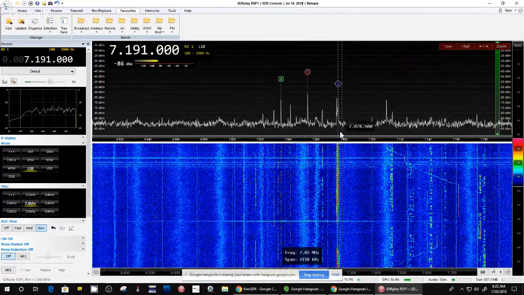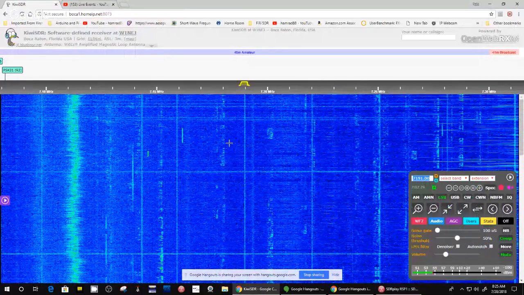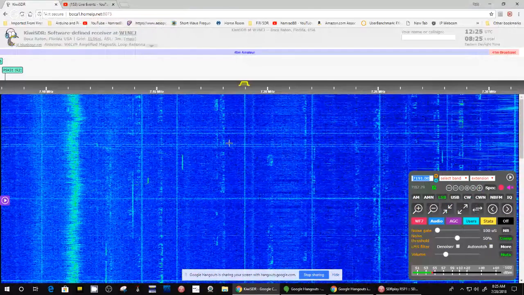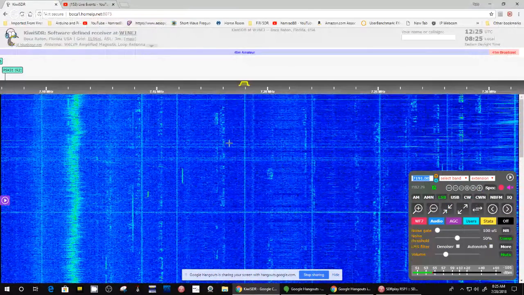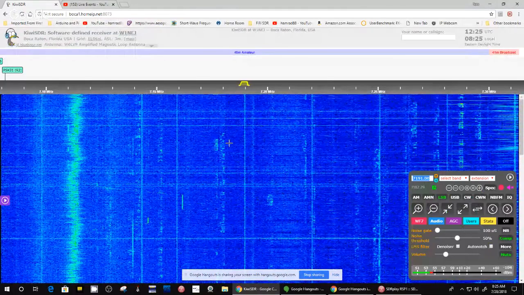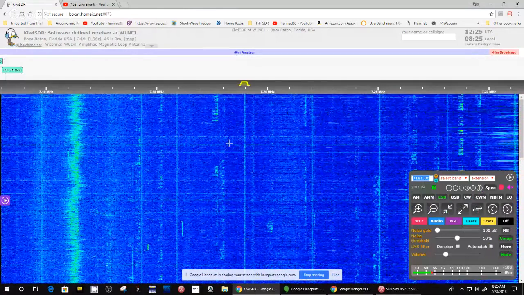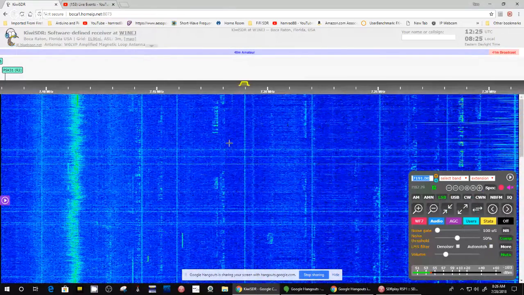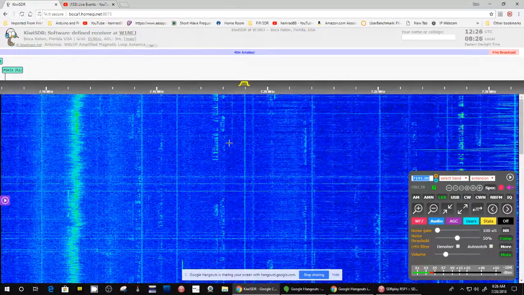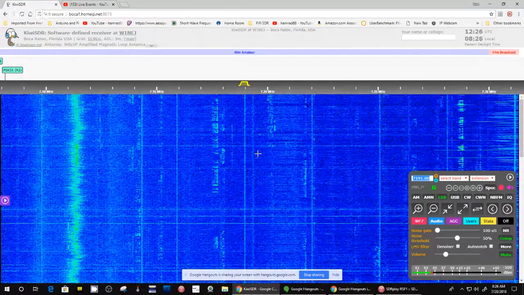So you can see what I did here is I used this website, Kiwi SDR, and this radio, and I found this station. And then I went over and selected that frequency on my SDRplay, and I can compare the two. And apparently my reception for this particular communication is better than the one that I'm on, which is in Boca Raton, southeast Florida. I am west central. All right, let's move on, see what else we can find here. We check the chat room.